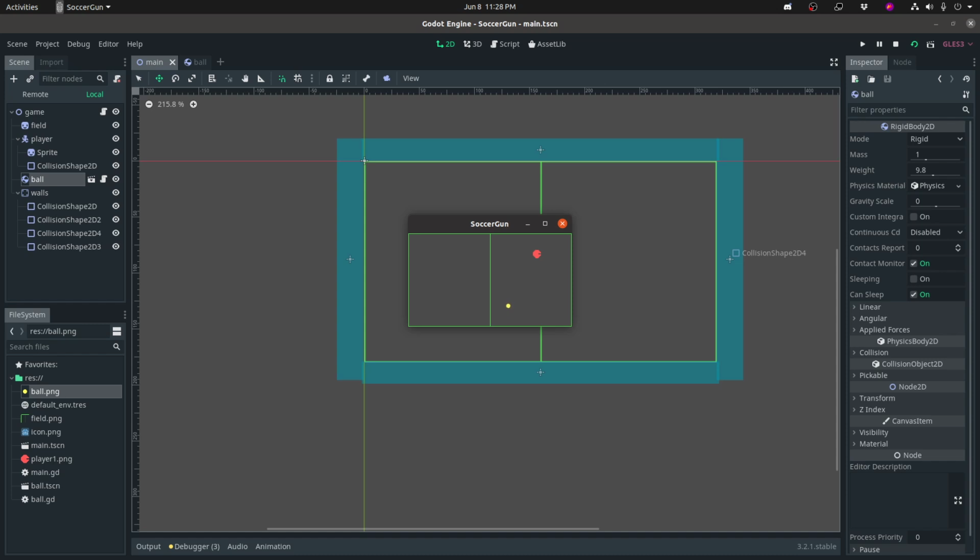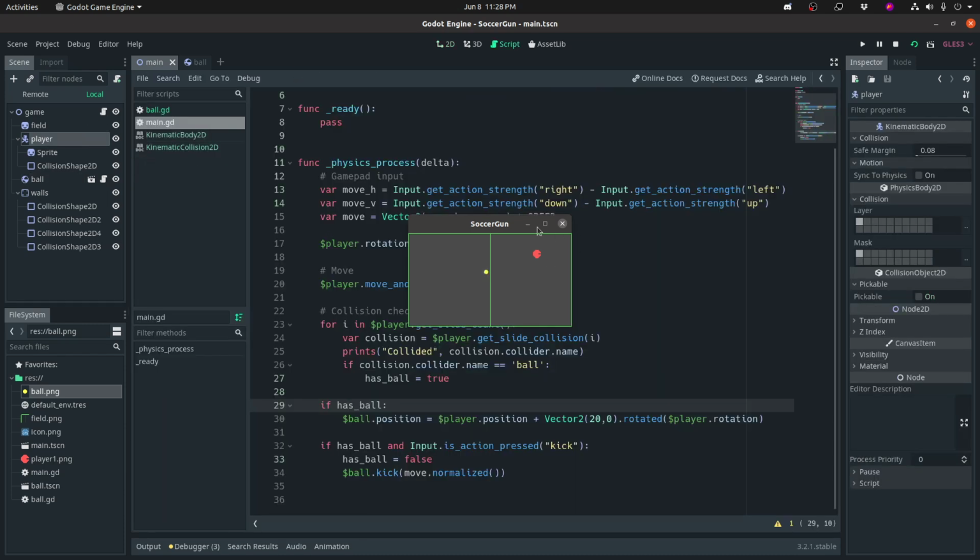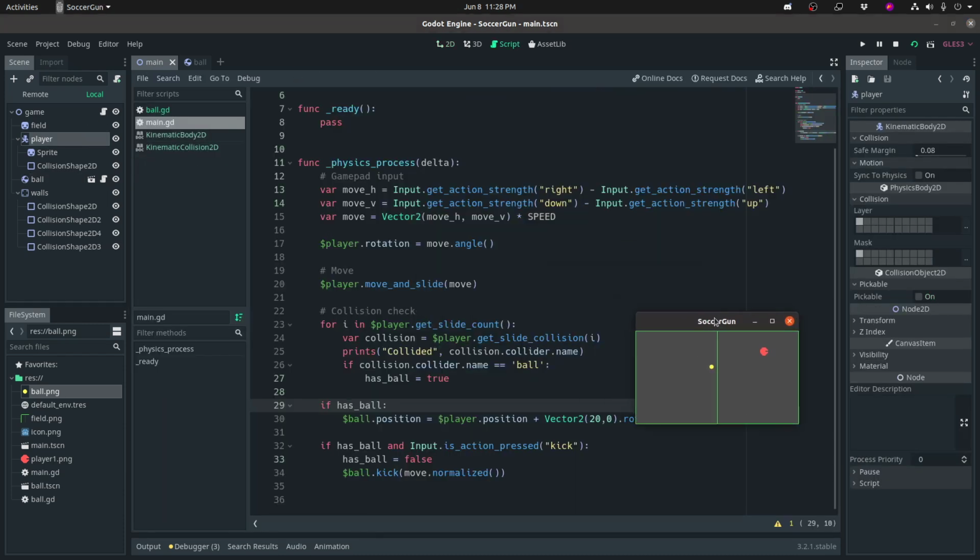So you see what I mean, Jesse? Kinematic bodies are great, but sometimes you could just get all this extra behavior out of the ball for free by making it a rigid body, so why not? And in the case of the ball, I don't want to control it directly in most cases, so yeah, that works out perfect. So this doesn't work though, and again, I think it's because